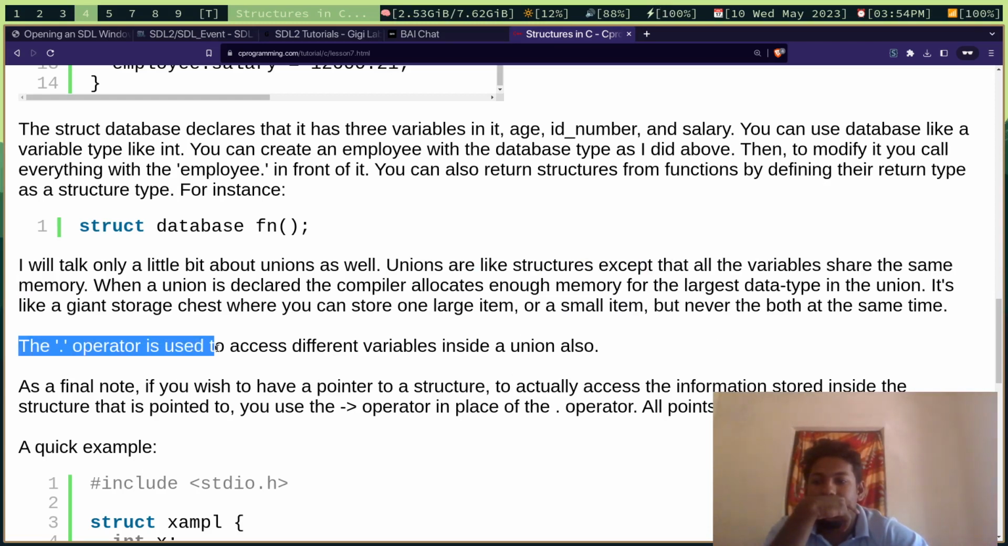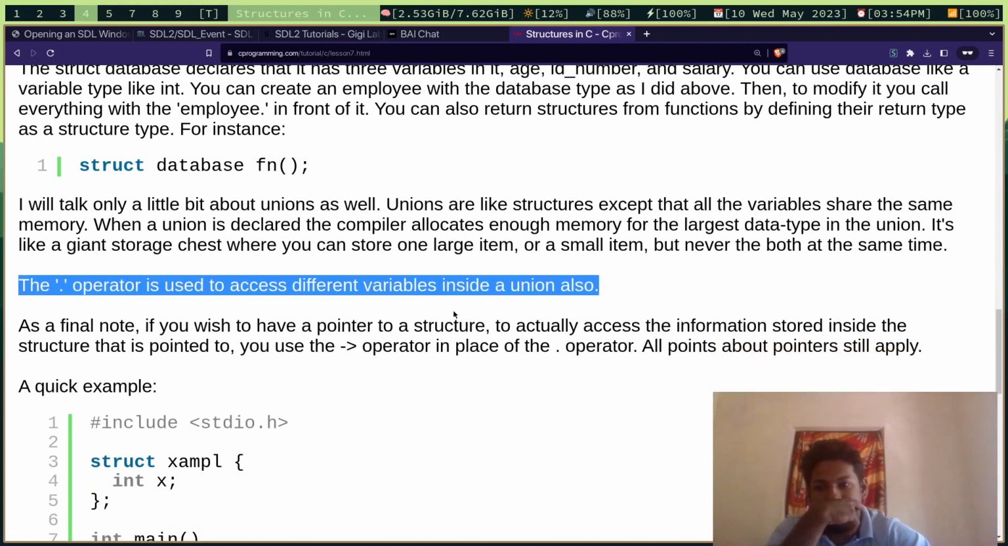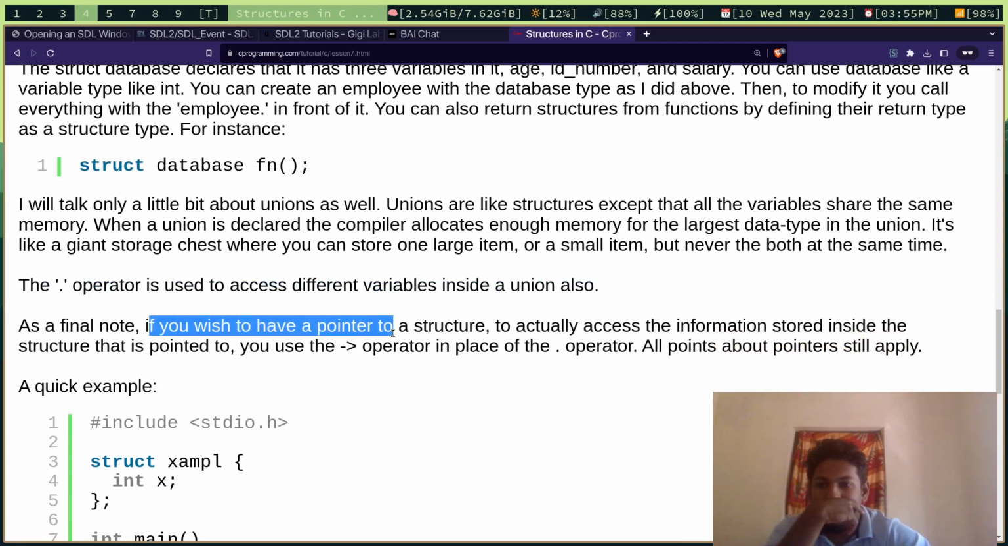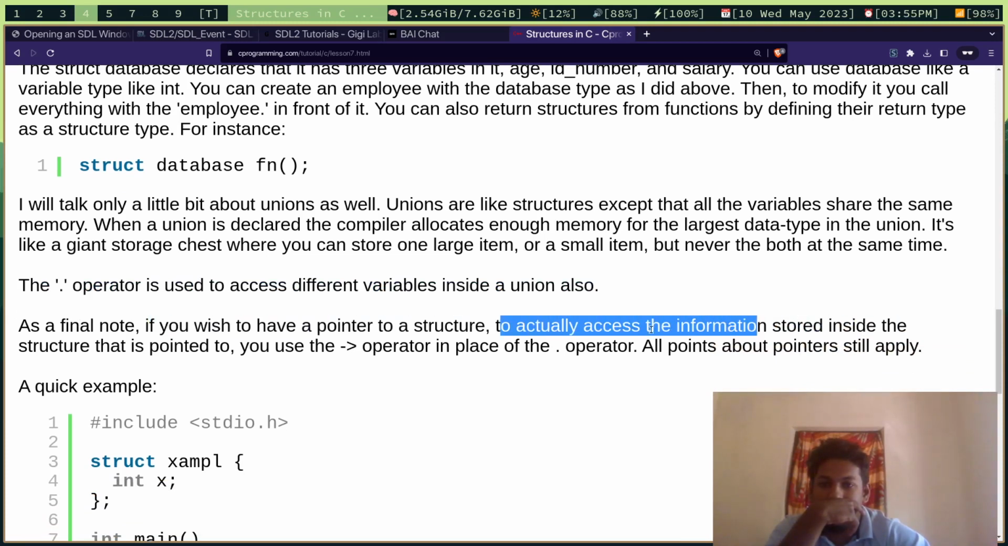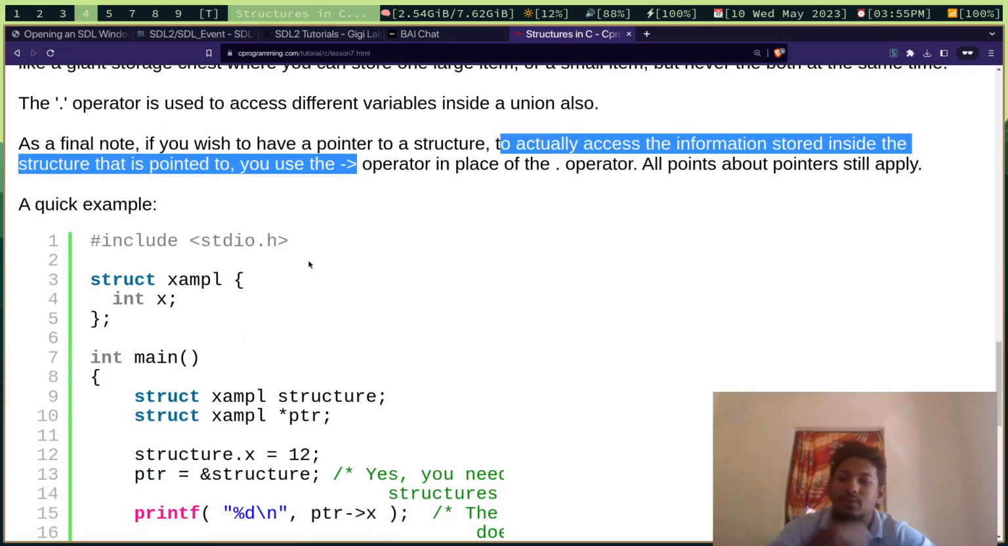The dot operator is used to access different variables inside a union also, just like a struct. If you wish to have a pointer to a struct to actually access the information stored inside the structure it is pointed to, use the arrow operator in place of the dot operator. Why? Is it to easily differentiate between a struct and a pointer? So like this